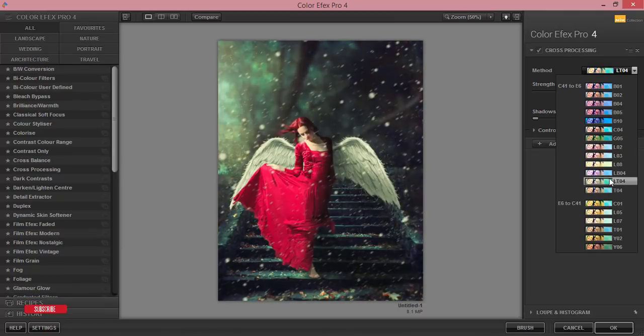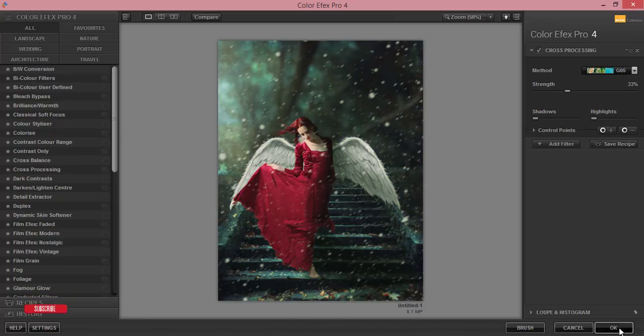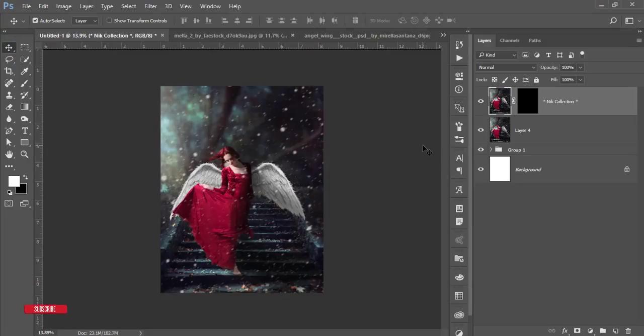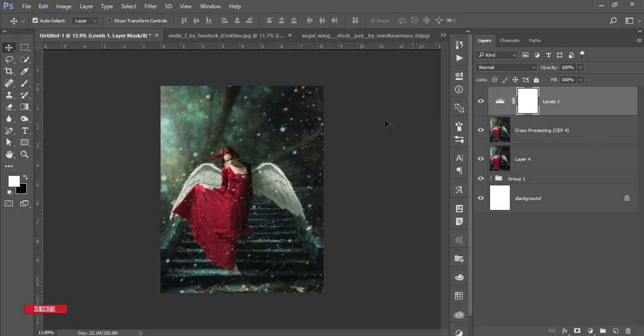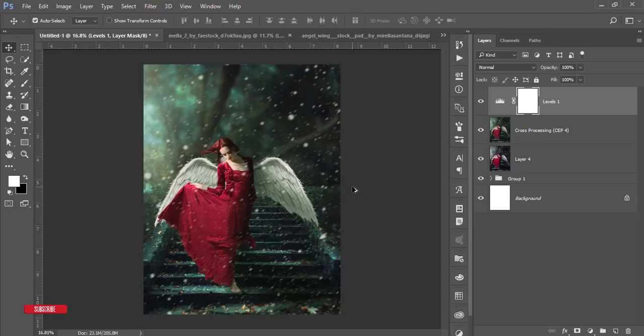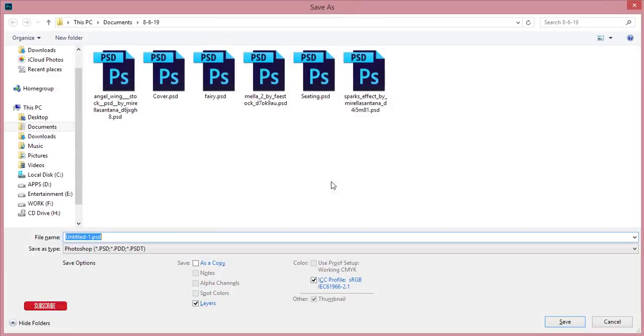one of them. Which one is convenient to you, I don't know, but in this case I will use Z05 and hit the OK button. So it will take time to load it up and give you the final output. So it's taking time. And then go to the adjustment layer and go to the levels. From here I'll increase the lights a little bit and other stuff. So yeah, that's good. Yeah, you are getting an amazing look of fantasy, all the things. So press Ctrl S for the save things and fairy